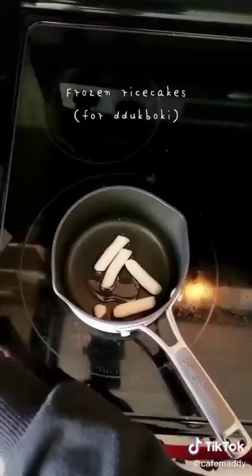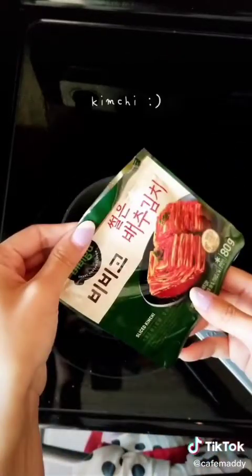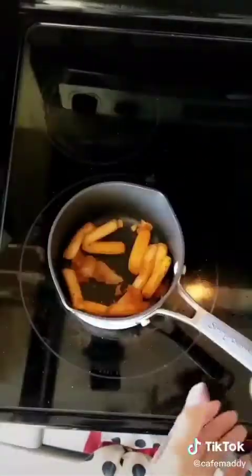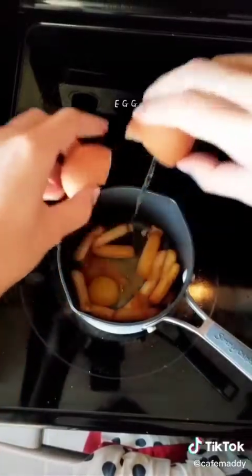Hey guys, this is a very simple and delicious Korean breakfast I learned on YouTube. Put some oil in a pan and put those frozen rice cakes you use for tteokbokki. If you have kimchi, put that in there. It doesn't matter if it's sour or whatever because we're gonna cook it, and usually cooking will get rid of the sour taste. Now we're gonna crack an egg